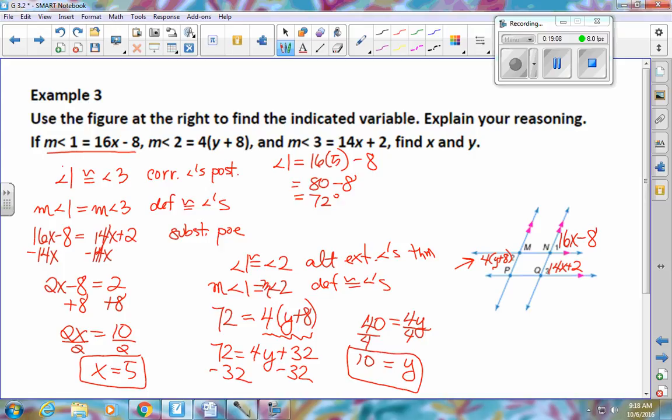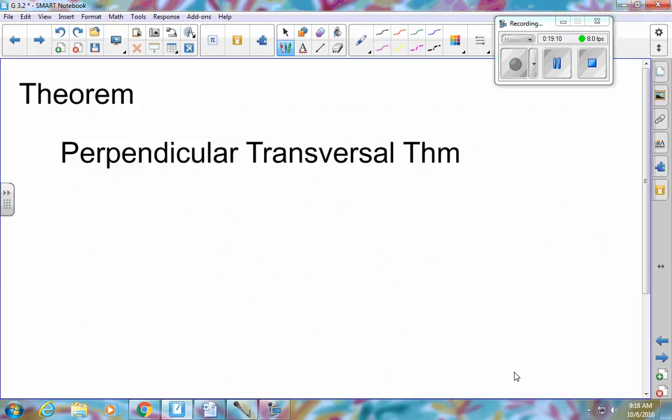Alright, let's move on. Last thing, the perpendicular transversal theorem. So I did give you a picture. Very similar, I mean, we're talking about perpendicular, so that's the symbol, 90 degrees. And then we have the transversal. So if we have two parallel lines cut by a transversal,